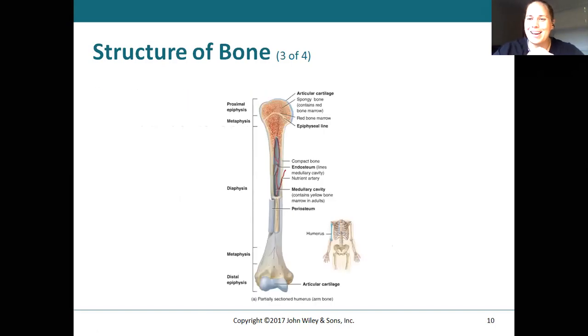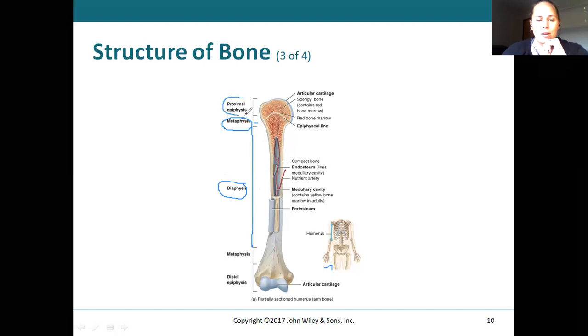Okay, so instead of my crazy cartoon that you saw in the last slide, this particular slide is much better. I think it's showing these different parts of the bone. So we'll start with the first part of what we talked about last slide, which was your diaphysis, which is that long part of the bone. Again, this is the humerus, and the femur would probably work just as well, but this is a description of the femur. You have your metaphysis here, which is going to be the middle part of the bone,